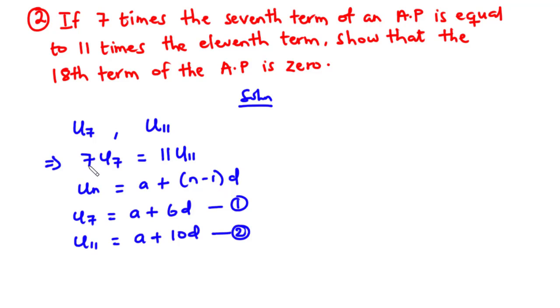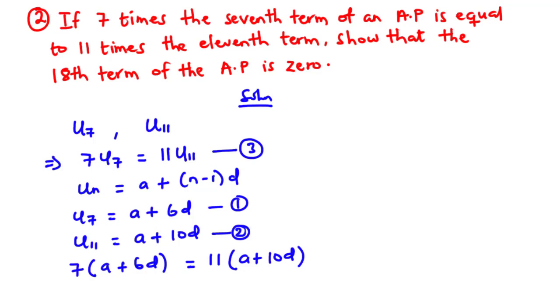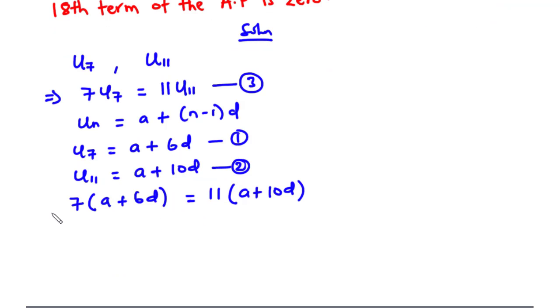Now let's multiply 7 by U7 and then 11 by U11. So we have 7 times A plus 6D, and that is equal to 11 times A plus 10D, okay, all from this equation. Let's say equation 3. Now let's multiply across. So we have 7 times A, which is 7A. We have 7 times 6, which is 42, and then we have D, and that is equal to, we have 11A plus